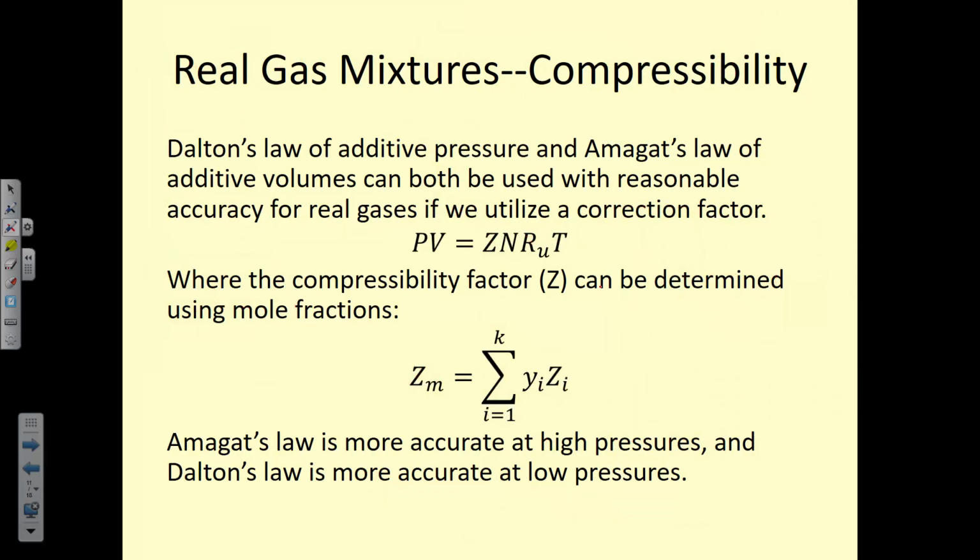Okay, so real gas mixtures, we can approach this similar to how we found property values for real gases back in chapter whatever, using the compressibility chart, A15 I believe it is, where we need to find a Z value by using the critical point properties of the gas in order to look it up. But the way that we do it when we have a mixture of gases is that we find the Z value for each individual component, and then we add them together using the molar fractions.